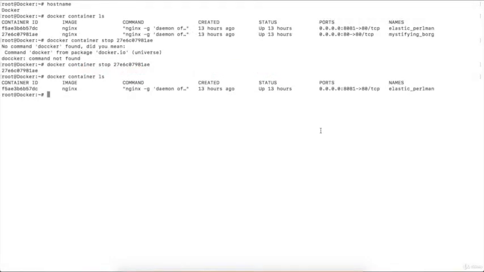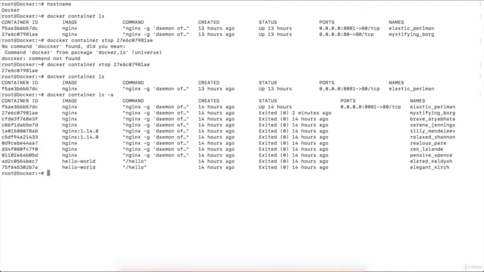So we are on our terminal, we will execute the command docker container ls -a. And you can see I'm getting a list of containers. So basically these are the containers which we have executed inside this Docker engine so far, right?